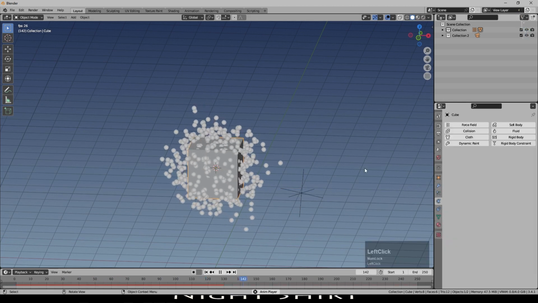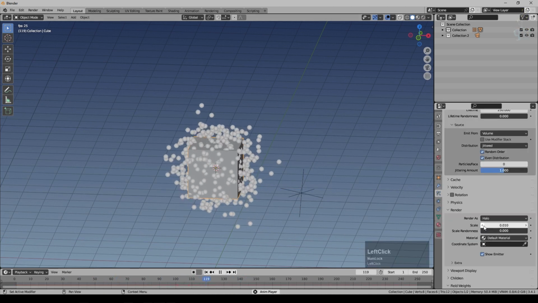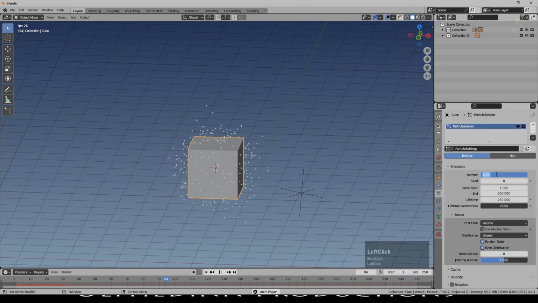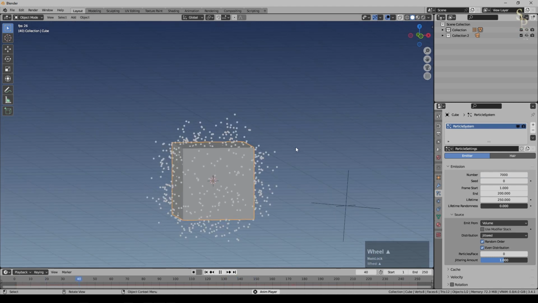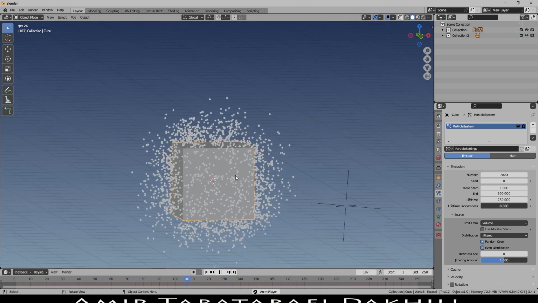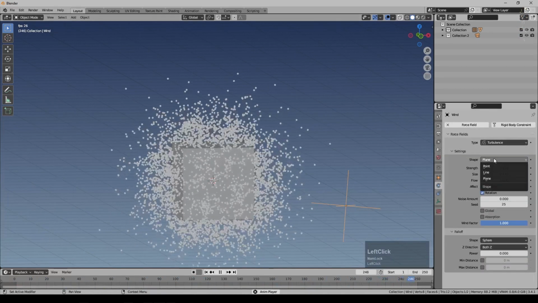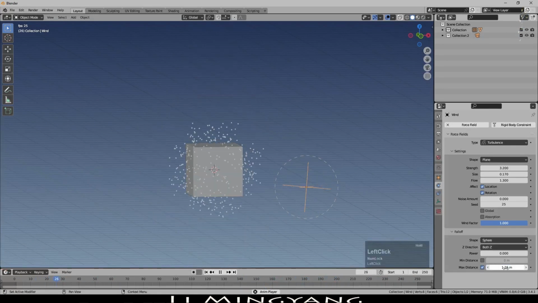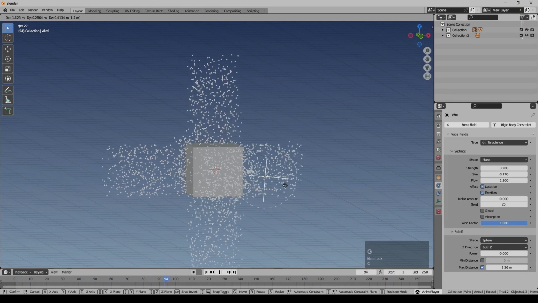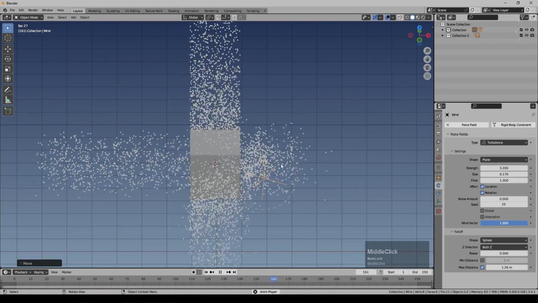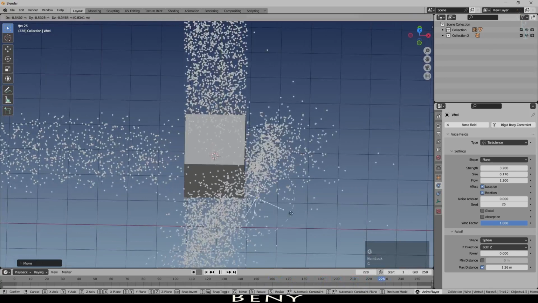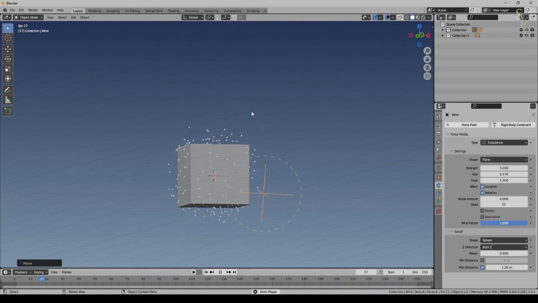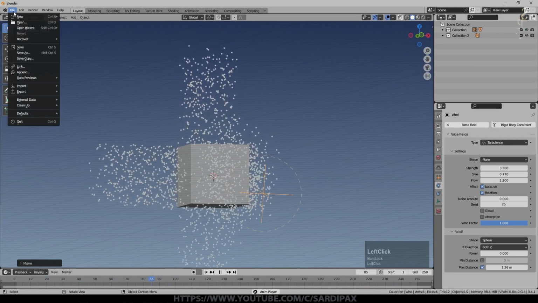So what I can do is perhaps reduce the size of those particles a little bit under the viewport display, perhaps slightly bigger than that, and then increase the number of them. We'll go for 7,000. You can see them all moving around in an interesting way there. And as I said, there are lots of different forces. There are things you can do with them. So you can add a fall off sphere as well, so that it will only influence things up to the point of the fall off. So you can see there, particles over here are being affected by this force field, but particles over here are not. That's all I really wanted to show you about forces as another mechanism for animation.